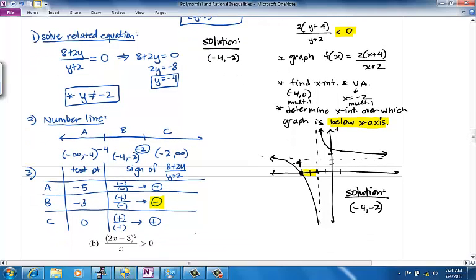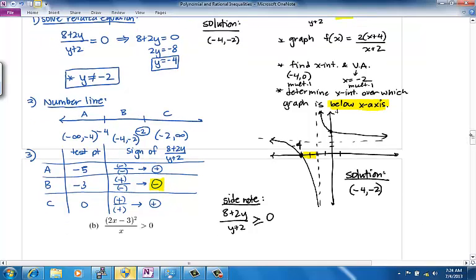Just one other side note here. If the inequality had been instead 8 plus 2y over y plus 2 greater than or equal to 0, notice that we don't need to do any more work to solve that. We would do the same amount of work in the same process, but then we would just take different information from our chart. So then we'd want the positive intervals, so interval A,